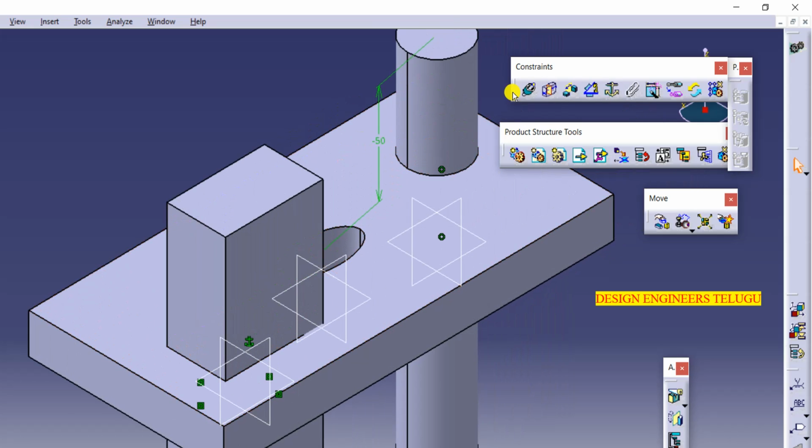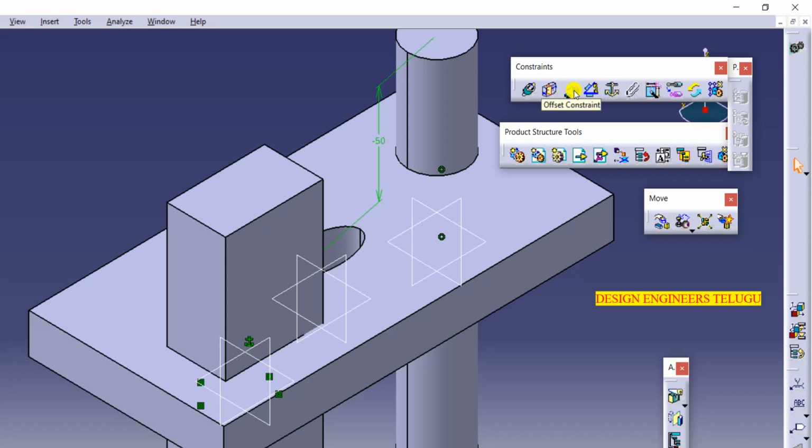So first one is concentric constraint. Whenever you have cylindrical components, by using this concentric constraint, axis to axis we can constrain. And here if you see contact constraint, suppose if you have any two flat faces, if you want to make them contact, if you want to place them in a contact, you can use this contact constraint.